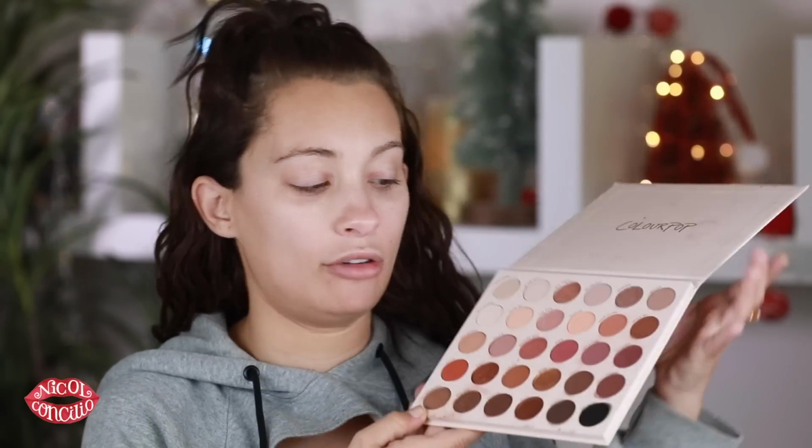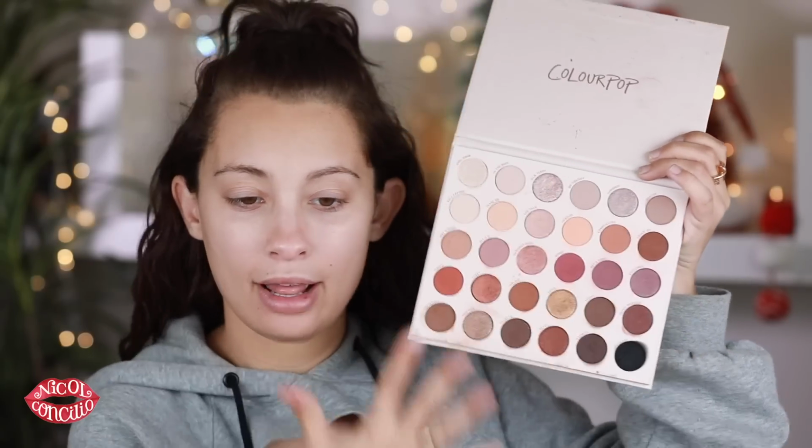So I have used this eyeshadow palette on my sister when she was in town. As you can clearly see, it's definitely used, and I haven't used it on myself yet. I've just swatched it and used it on my sister twice, and from using it on my sister Gina, it did perform really, really well. But I want to see how it looks on myself, how the formula works with my eyes,